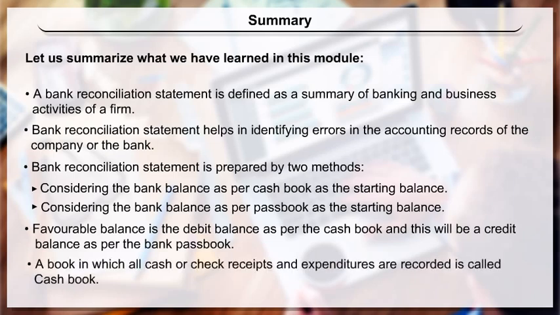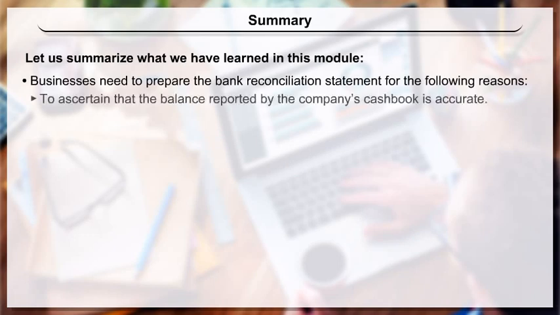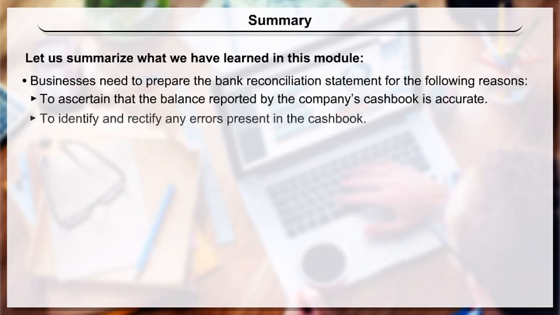A book in which all cash or check receipts and expenditures are recorded is called cash book. Businesses need to prepare the bank reconciliation statement for the following reasons: to ascertain that the balance reported by the company's cash book is accurate, to identify and rectify any errors present in the cash book,